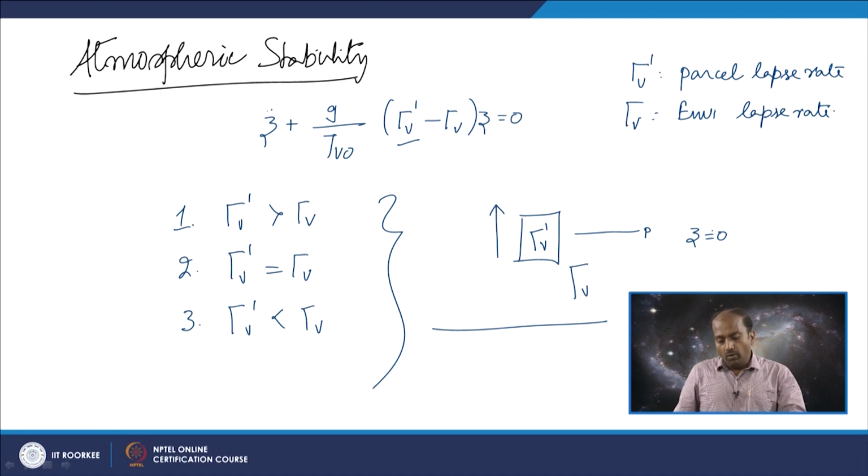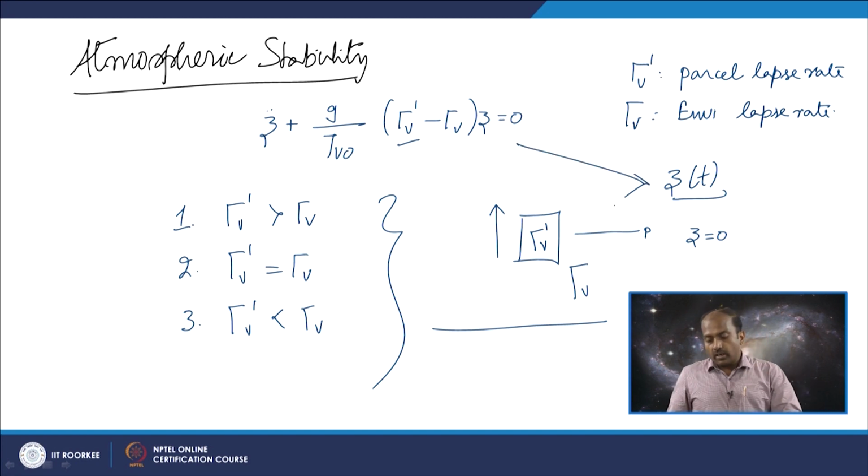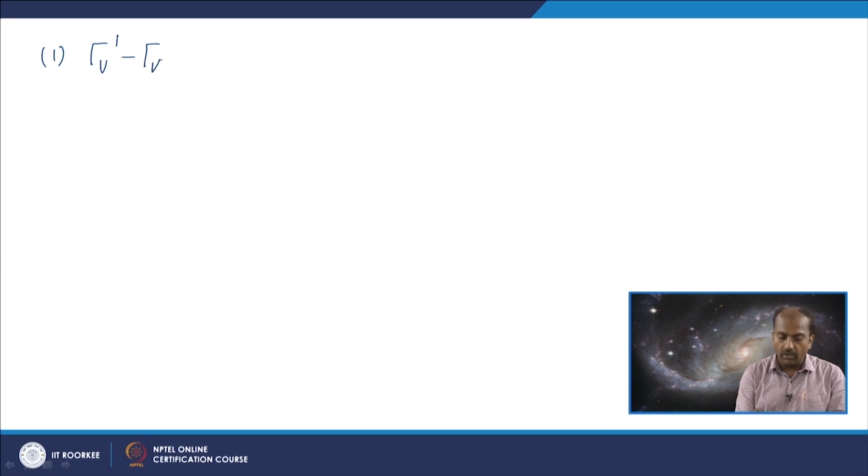Now let us see how we arrive at these solutions. Basically, the solution of this equation is z as a function of time. If we can write the solution for z of t by any means, then under the various situations described in 1, 2, 3, z of t will take different forms, and these different forms will explain different kinds of scenarios, right. So, let us take up the first case in which gamma v prime minus gamma v is